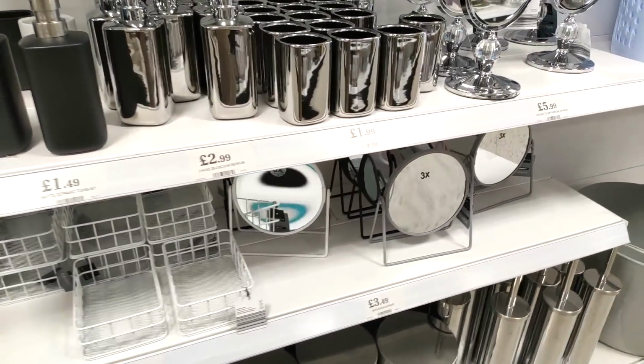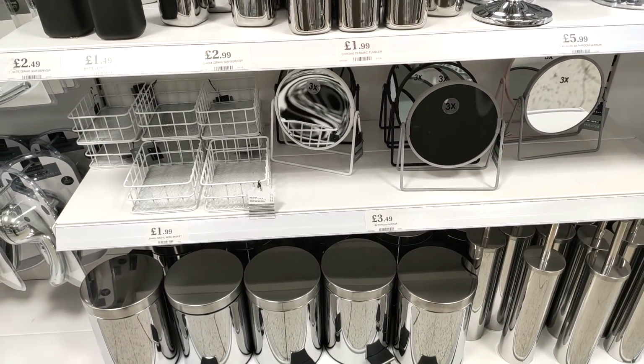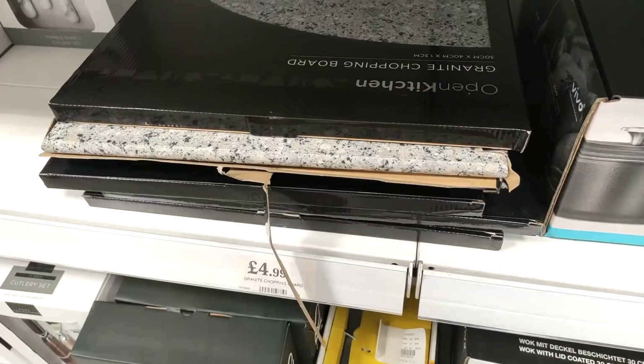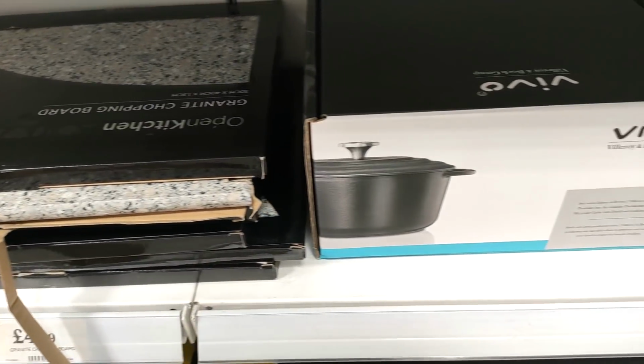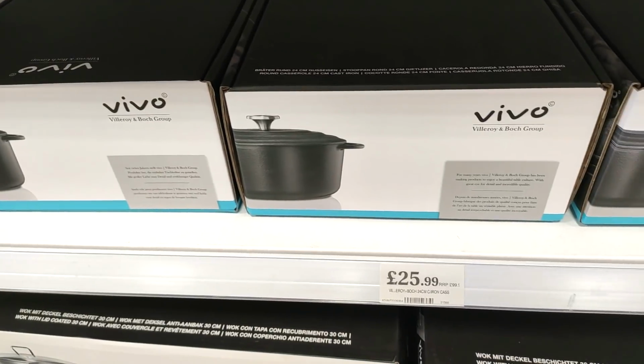Do you know what I mean? And then also I've just shown you a few of the bathroom accessories. So they were very much chrome, blacks and silvers in at the minute. Again, really nice. And then into the kitchen section, I noticed they had some of the marble/granite chopping boards, and